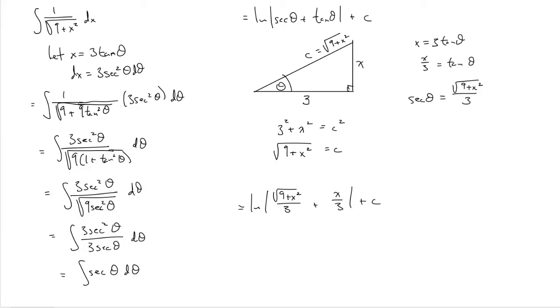Suppose we had needed the cosine of theta instead of the secant of theta, so that that square root of 9 plus x squared was in the denominator. We had a 3 over square root of 9 plus x squared. I'm not a stickler for rationalizing the denominator in a situation like that. I am when it's a number. If you have something like 1 over the square root of 5, I want you to rewrite that as square root of 5 over 5. It's not hard to do. But for some expression like this,